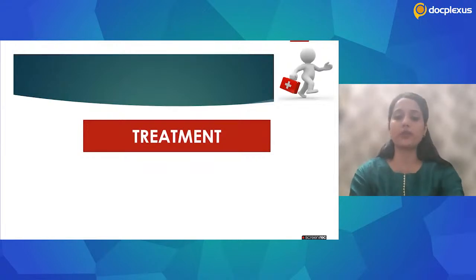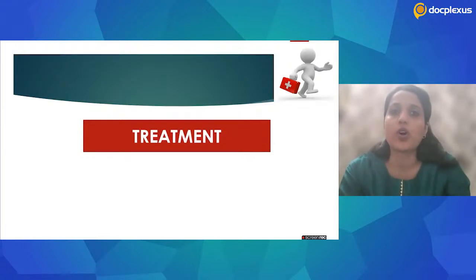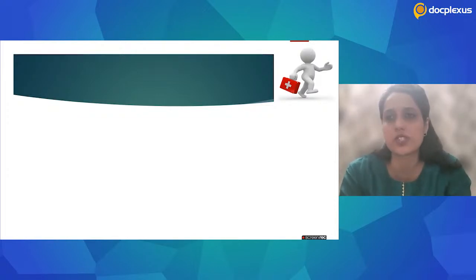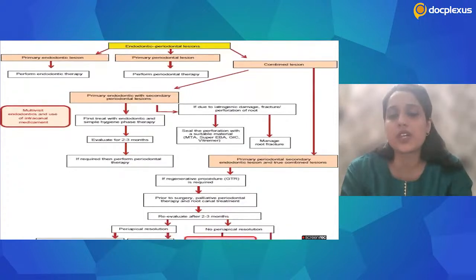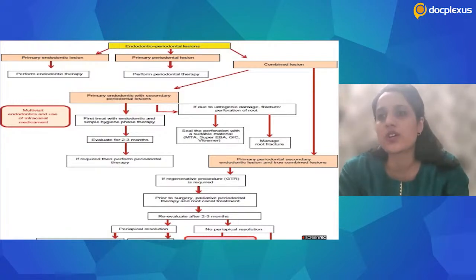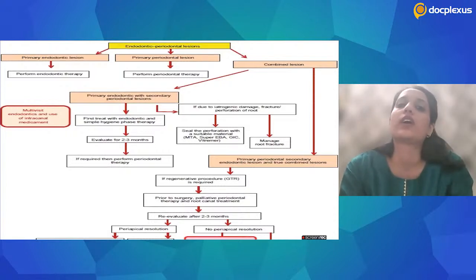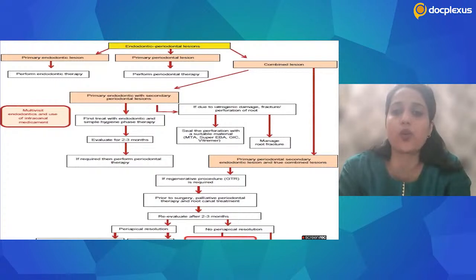Now, coming to a very important part. We have been discussing what all the lesions are and how you will diagnose them, but clinically, what is important is just the treatment. So we have had too much suspense about how you will treat. There is this chart that I have always been sharing with many people. In short, we have already seen where an endo is required and where a perio is required, but how will you proceed when a treatment is not working,